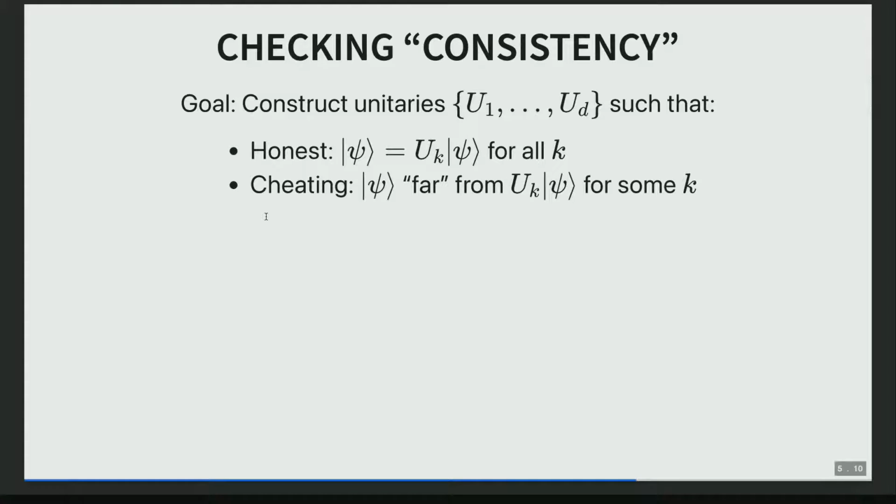We're going to try to construct a set of unitaries, let's say constantly many unitaries, such that if you're honest, if you have a consistent assignment, then the state is invariant under the action of the unitary. So psi is equal to U psi. If you have something naive, such as if you just measure f of j and then make sure that your superposition is